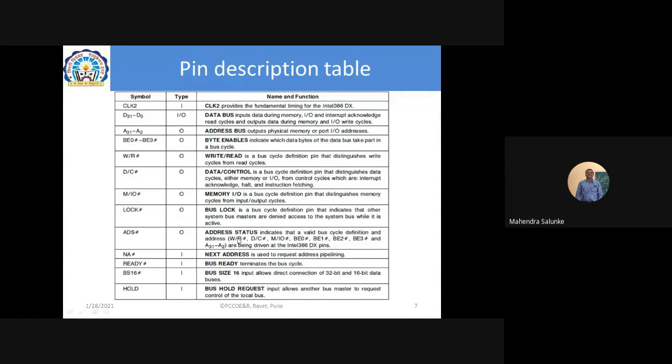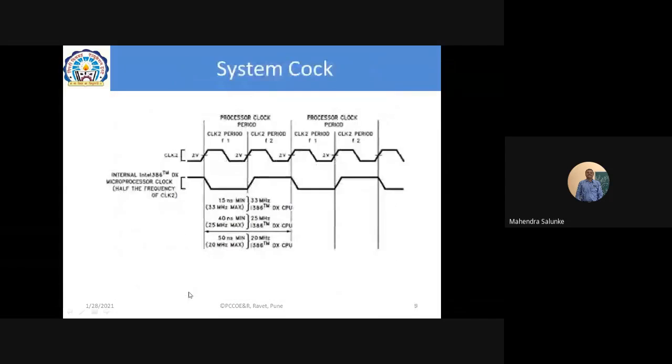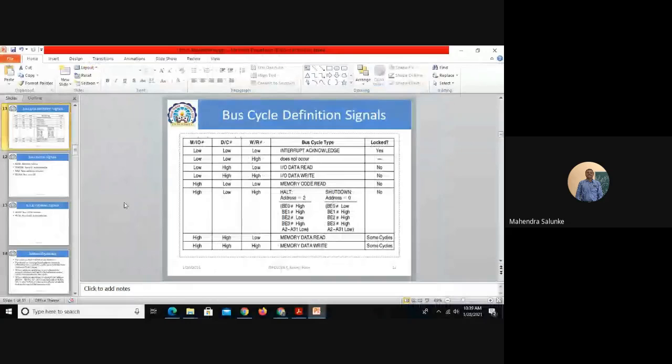All right. So here you can see other pins are there, READY bar, BS16, HOLD, and other pins we will see in our next session, right? So I think here